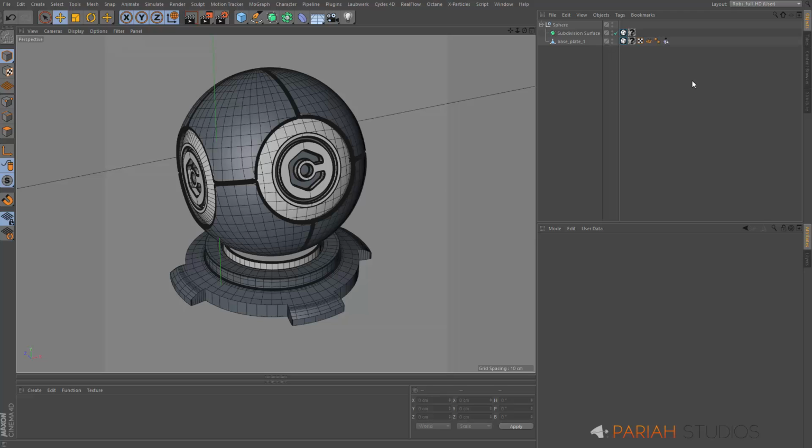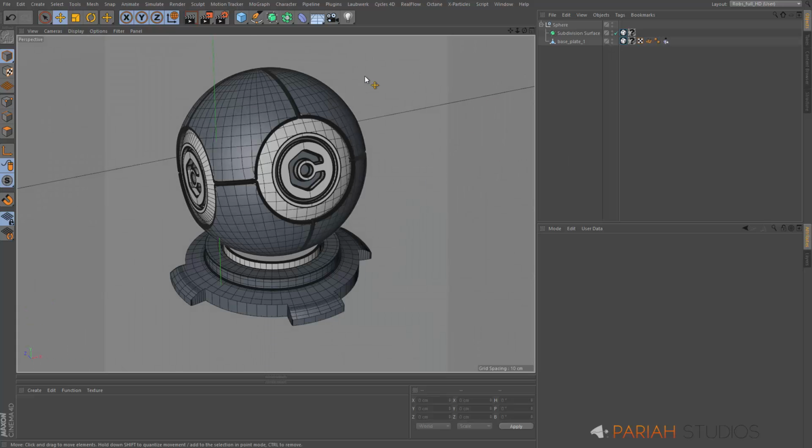This is a tutorial on how to get started with Cycles4D, which is a new render engine based on Cycles, a Blender render engine. It gives particularly beautiful results and is a very powerful workflow, but also probably something of a break from tradition for you Cinema 4D artists, as it's a node-based system. But before we jump into the nodes, let's have a quick look at how to set up our